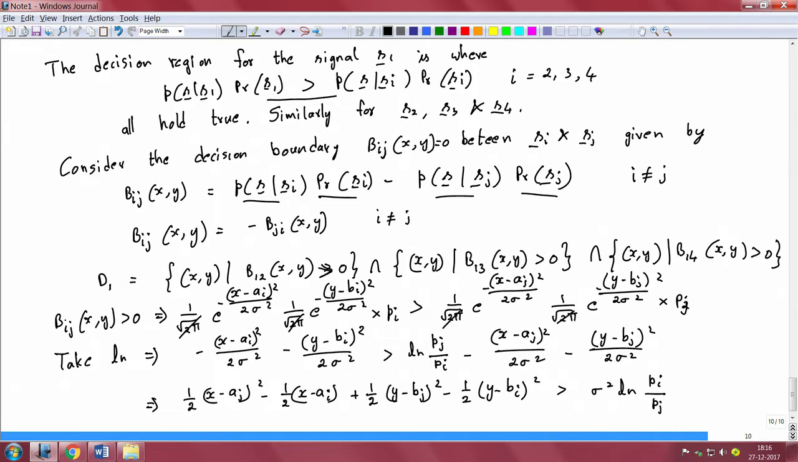So, this is what we have, and further simplifying. Also note that a_j square is the same as a_i square, equal to 1. Similarly, b_i square equal to b_j square equal to 1, because a_i and a_j are either plus or minus 1. So all these terms a_j square, a_i square, b_j square, b_i square and x square from both these terms get cancelled out and you will be left with a linear equation